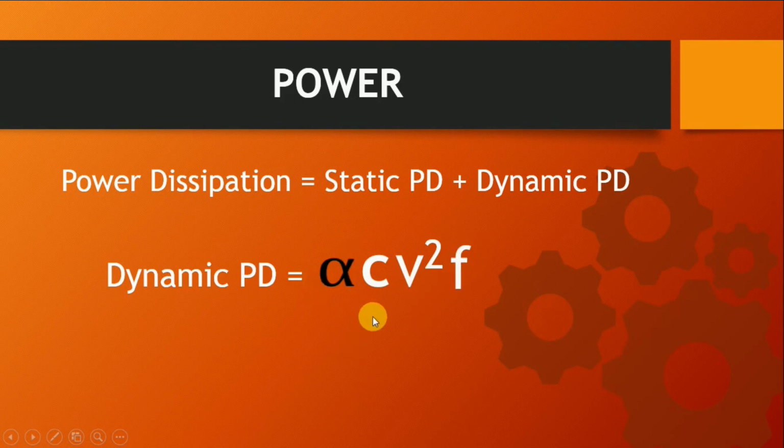Alpha is the activity factor which is related to the clock. Actually, you may have two different clocks in your design. One is a periodic clock, another one is an aperiodic clock. Depending on that, this alpha value can vary from 0.5 to 1. So if we use a periodic clock, you can reduce the dynamic power dissipation by alpha having